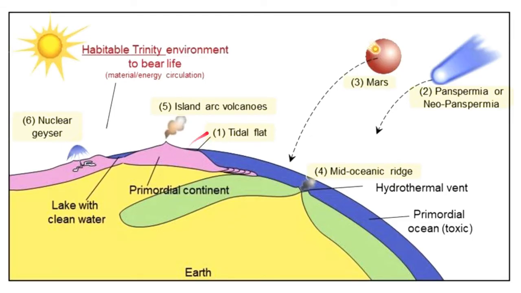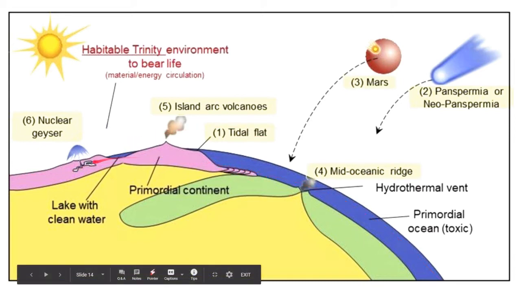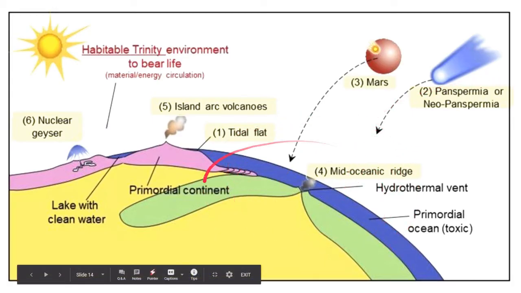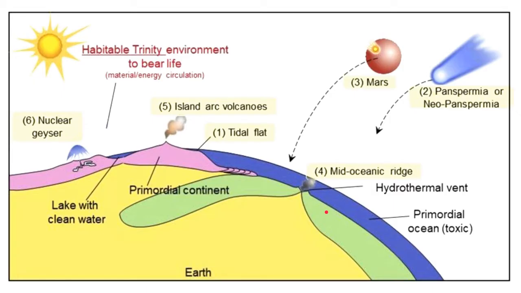Or some of those cosmic dust or organic materials might have reached the tidal flat. That's where landforms interact with bodies of water due to the rise and fall of the tides. So there must have been some chemical interaction in this physical environment. The theory of panspermia tells us that the building blocks of early life might have come from outside our planet. When they entered our planet and interacted with the physical events happening in the early Earth, that might have caused the early life forms to evolve.